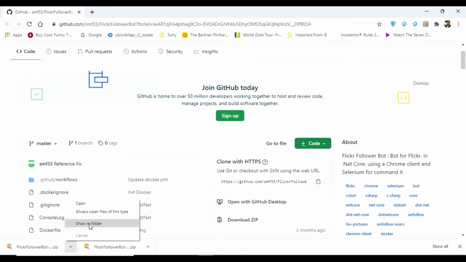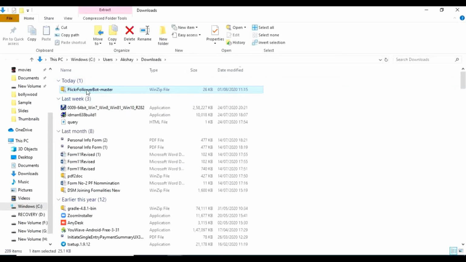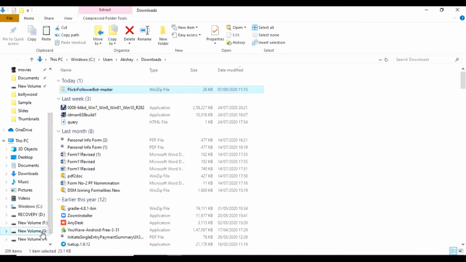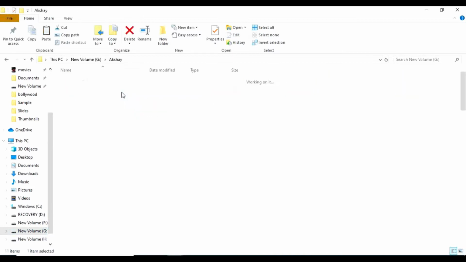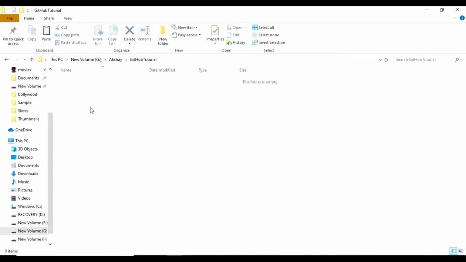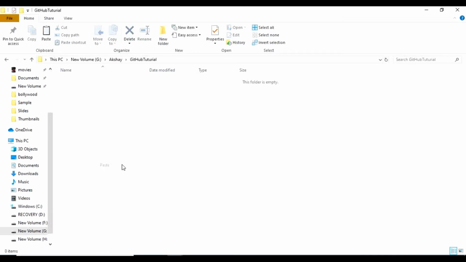Go to the folder in which it has downloaded. Here it is. I will cut this from here, go to one of my drives, and paste it here, maybe in this GitHub tutorial folder.